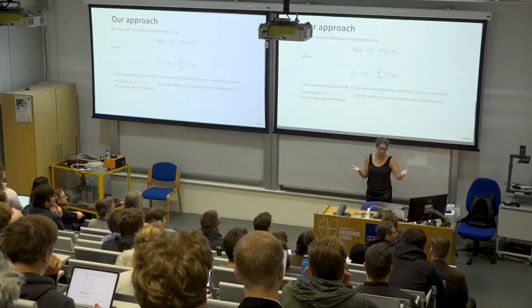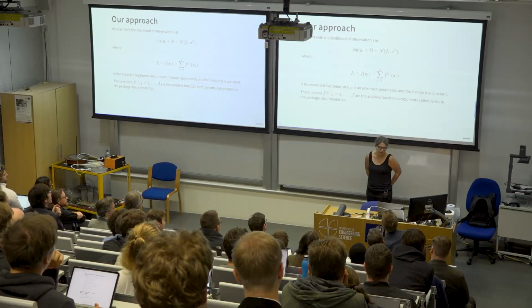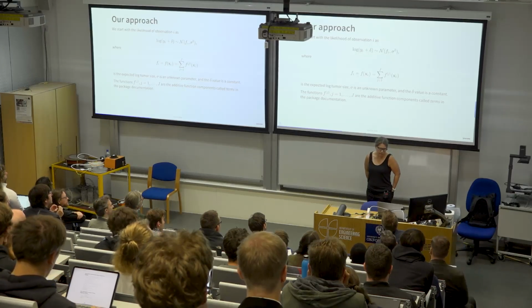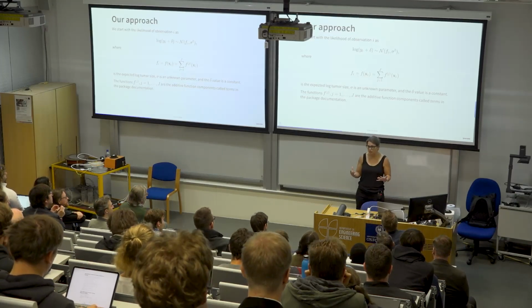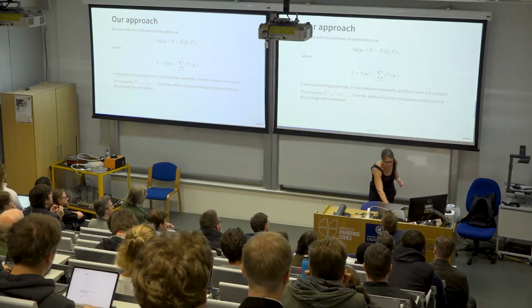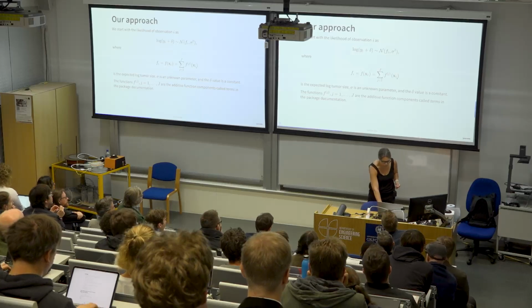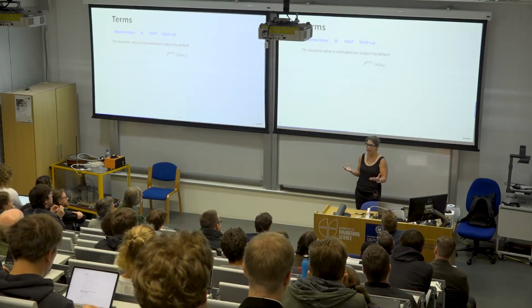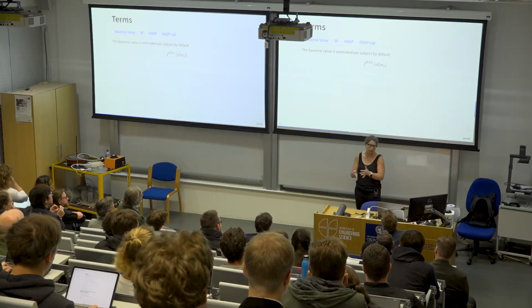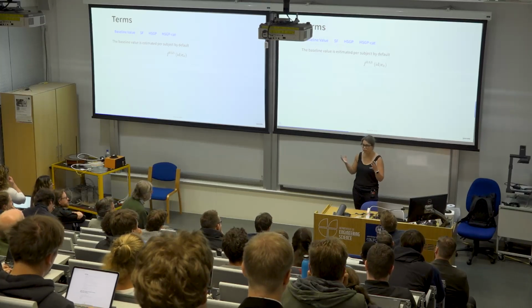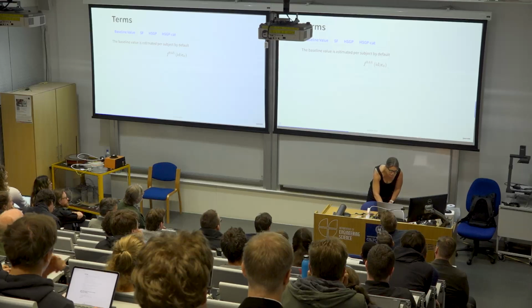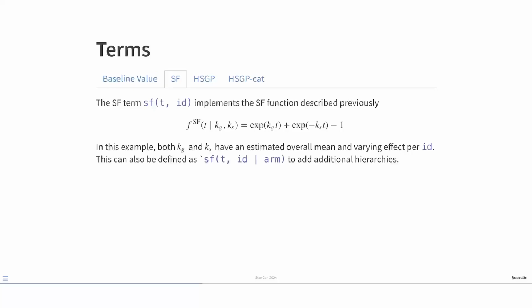So we start with the likelihood model, pretty basic, log normal noise. And then we build up our model as a sum of terms. So here, J is indexing the terms, and F is the function for each term. So we start with a baseline value. Every subject has a baseline value. We could build up a model for this. We typically don't. We just estimate it for each patient. There's an SF term, which is the same as the one we just saw. We can define this by ID or by ID nested in ARM or by any level of hierarchy that you